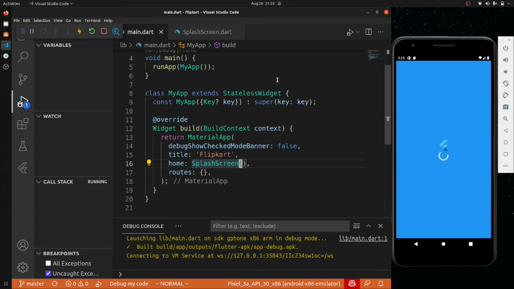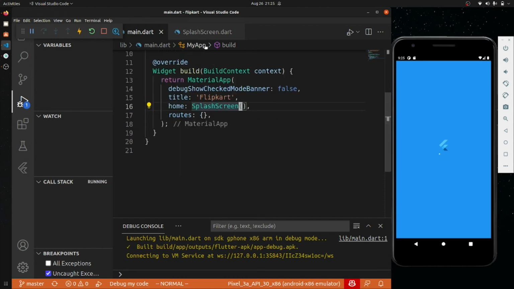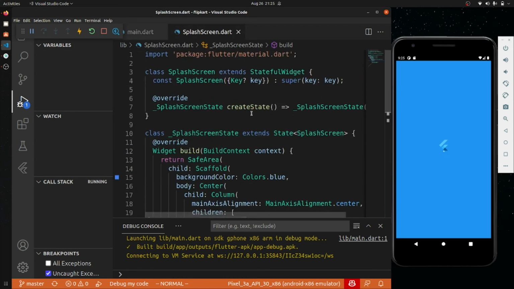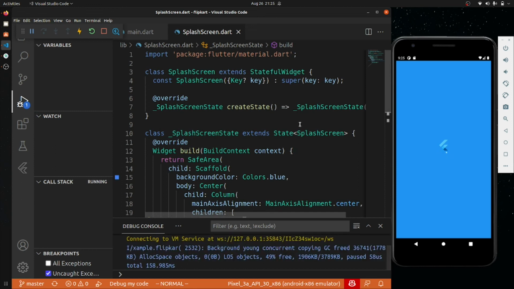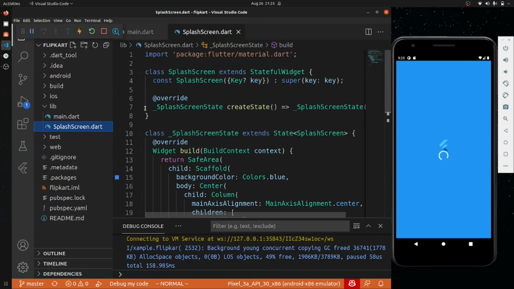Now what happens in every application is that when you have a splash screen, after a certain amount of time you have to move to another screen. So this is my splash screen code, and I want that after 3 to 5 seconds it should go to another page. For that, firstly I will create a language page, because when you start moving in the Flipkart app, firstly you will see a splash screen, then you will see a choose a language page. So I will create a language page.